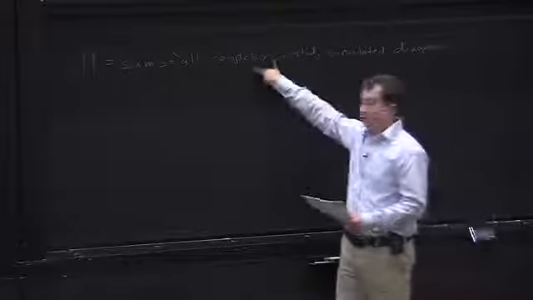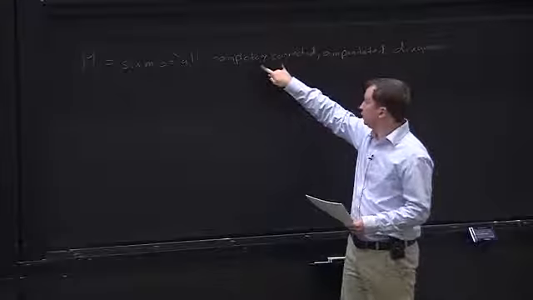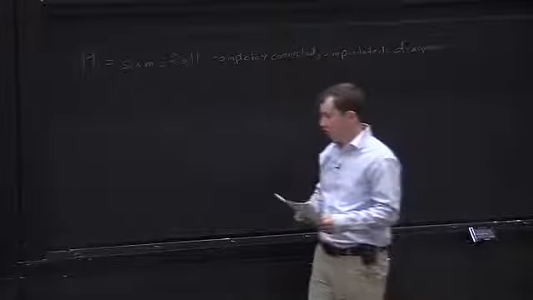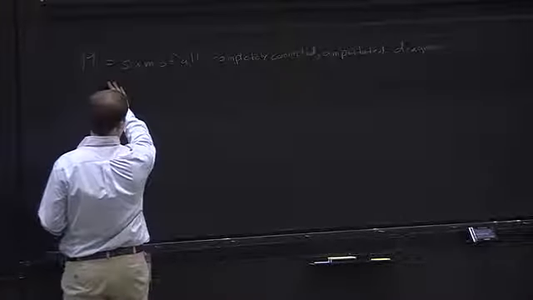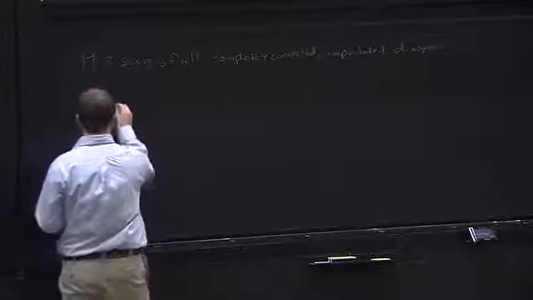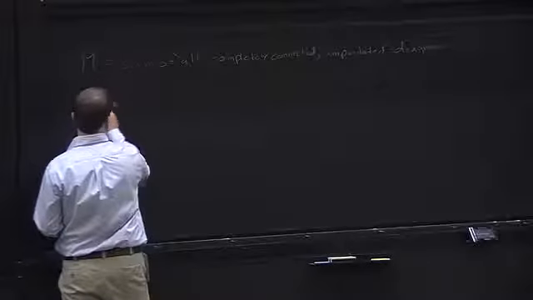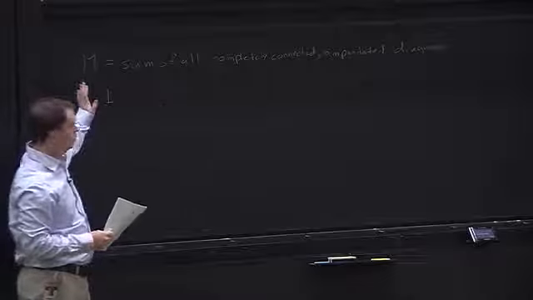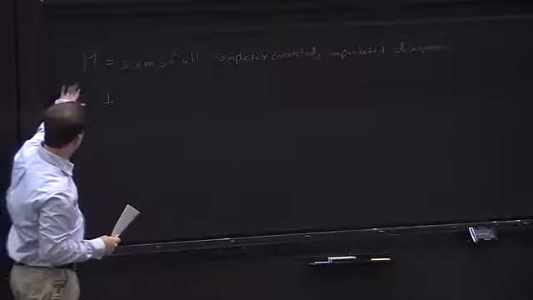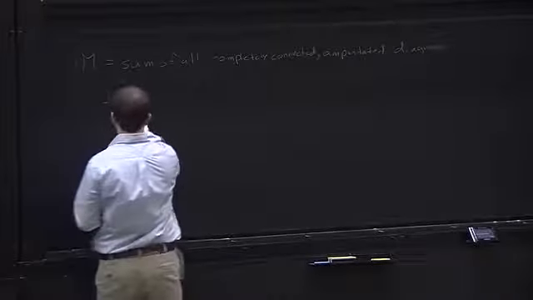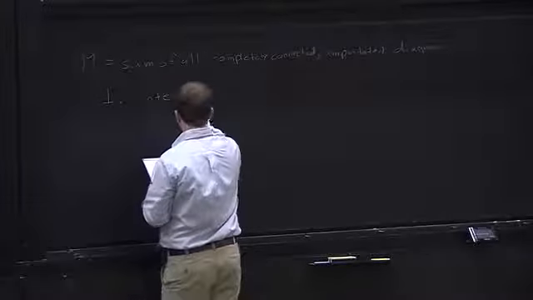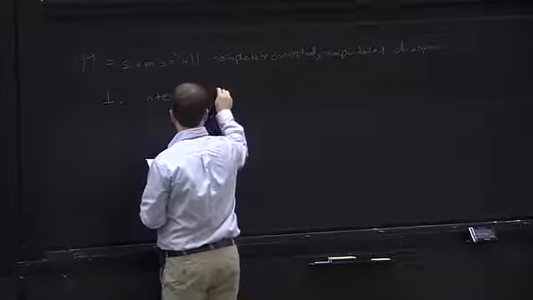And the completely connected is just to look at the part we care about. There are disconnected parts that are not interesting. So those are the diagrams we should consider. And the Feynman rules for going from those diagrams back to an analytic expression for the matrix element are, first, for any internal line,